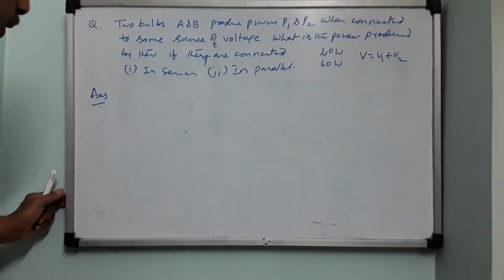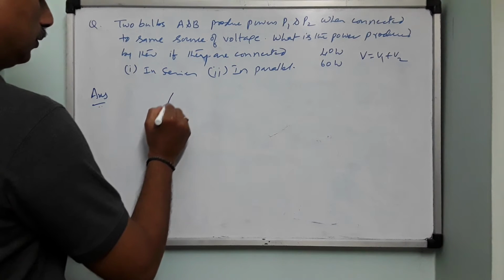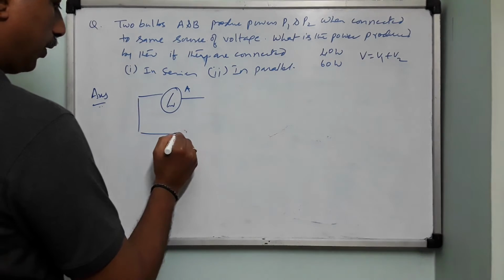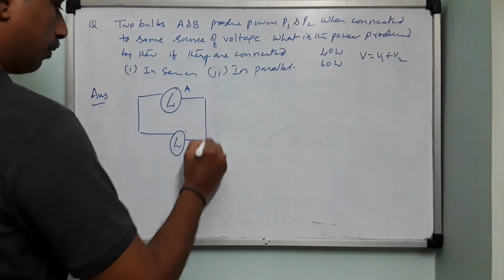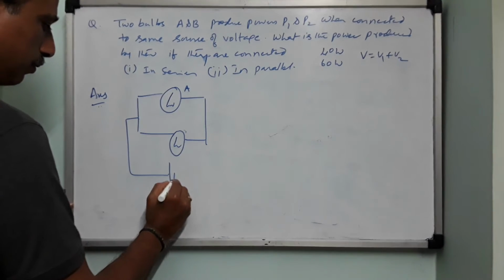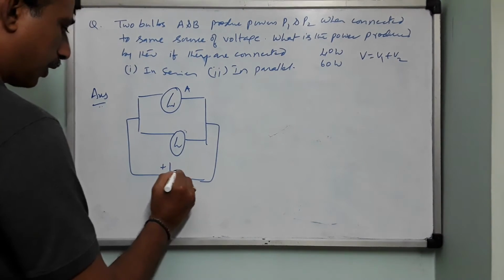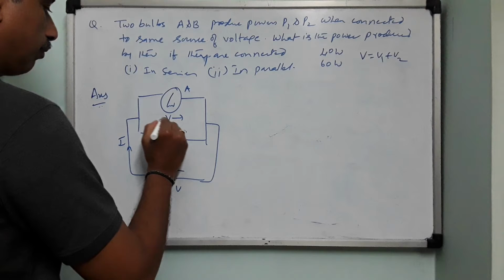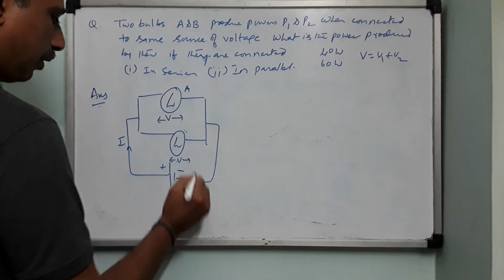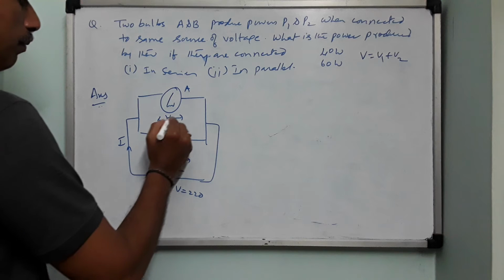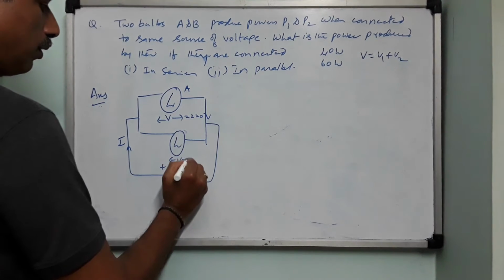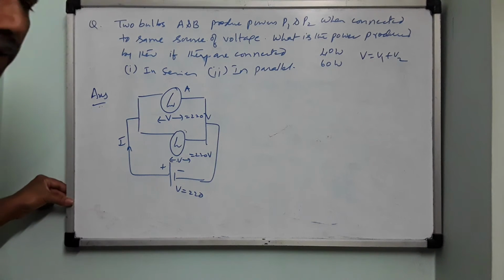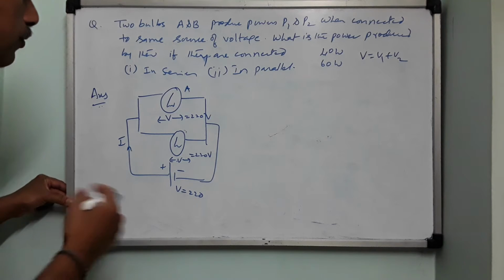Right. Now we take the bulb. This is one bulb, A. Here is like this, and here we take another bulb. Both of them are connected in parallel to the same source. We learned in the previous class that if they are connected in parallel, the potential difference will remain the same. Here there will be V, here there will be V. Now this V equals 220 volt. Can you tell me what is this value? This also will be 220 volt and this also will be 220 volt. So each of them is getting what? The rating voltage.